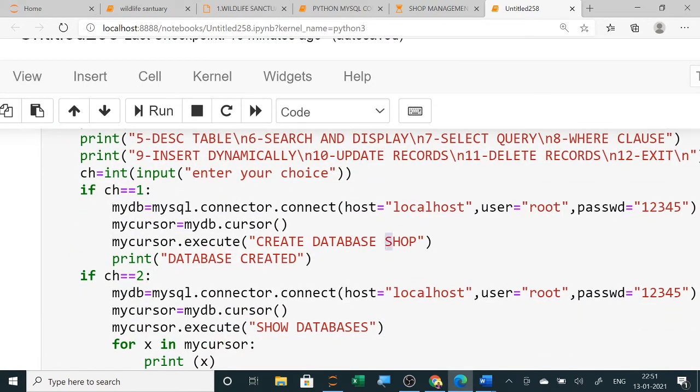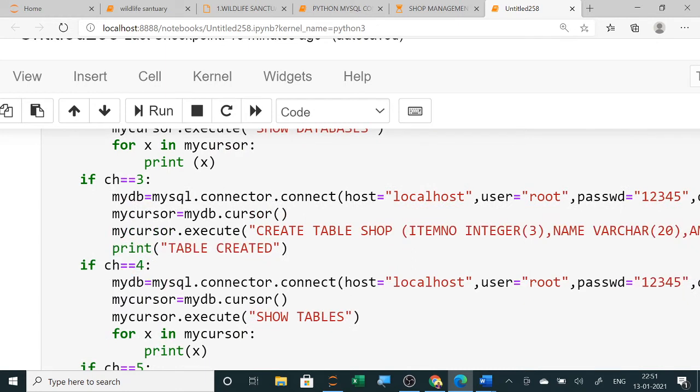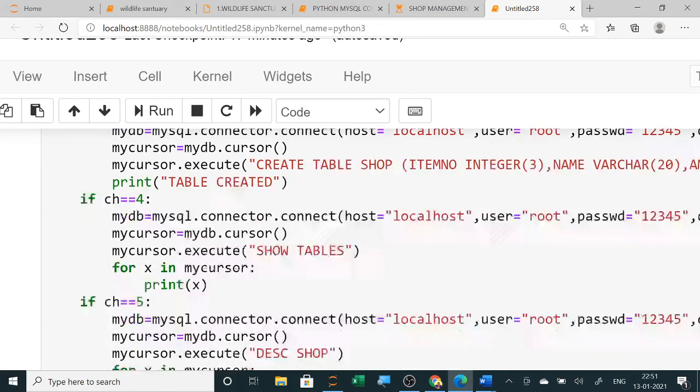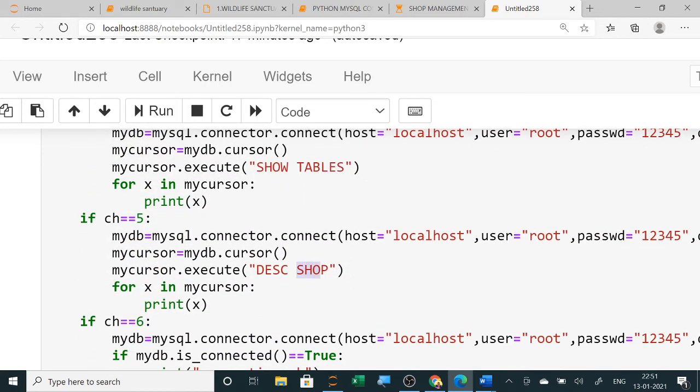If it is airline, you will write airline. If it is railways, then you will write railway. If it is income tax, then income tax, bank, hospital, school. So whichever project you want to design, only these changes. The database name will change, then the table name will change, and the data, the values, field names you can give as you want. And everywhere, like shop I have used, you have to use airways if your project is an airline management system. If it is railways, you will use railways, and so on. Rest all will remain the same.